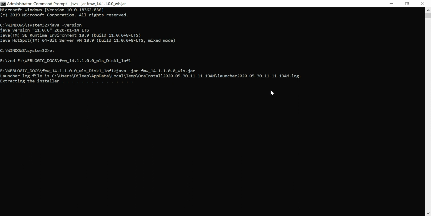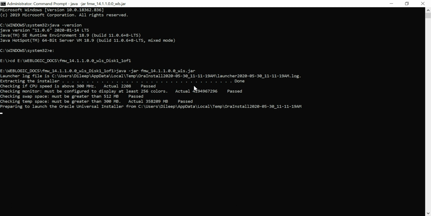It will launch the launchpad of installation. It will check the prerequisites, how much CPU is utilized, the swap memory and temp directory space and all.